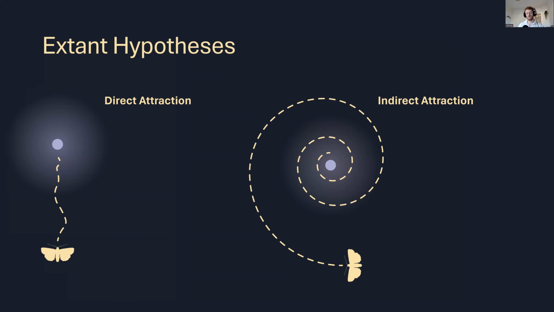So it's really only that we were able to start this question because we had access to these high-speed cameras that were able to film in infrared at night and were portable. So we could take them out to the rainforest if we wanted to, which of course we did want to. So here we have the extant hypotheses. We have direct attraction. So that might be they're escaping towards perceived gaps in foliage.